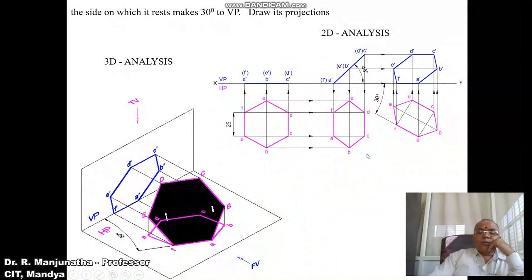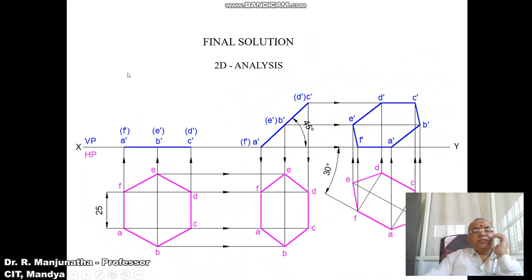Now we are going to solve the problem by using the sketchbook. To do that, first we will draw the XY line and mark XY and VP, HP as shown. Since we need to draw the hexagon, it can be drawn by considering the